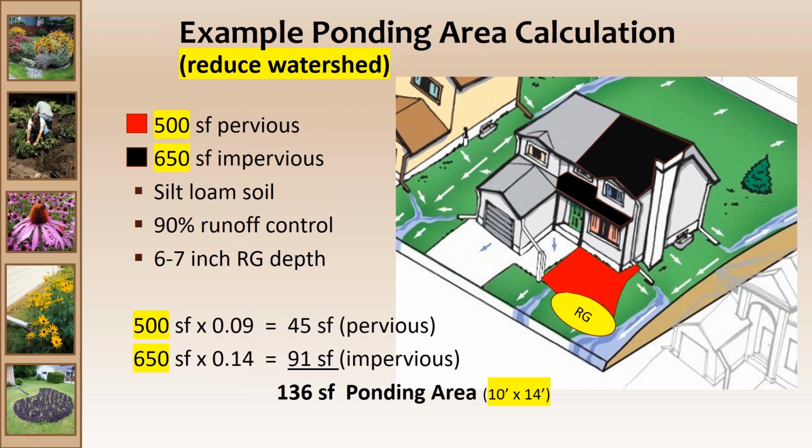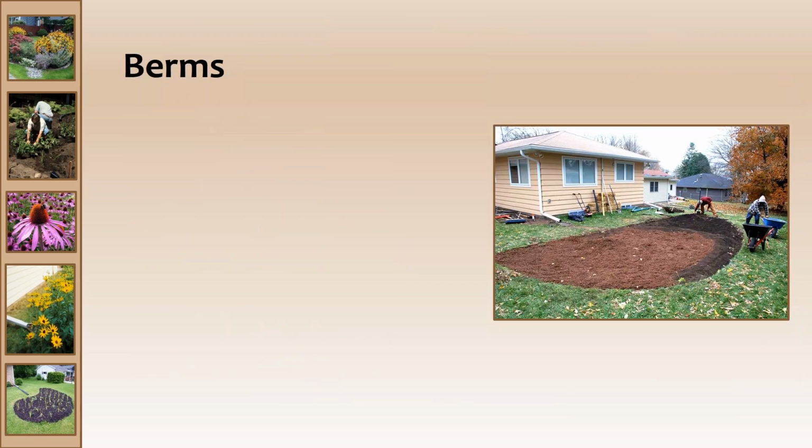Well, you've significantly downsized the rain garden now, went from 11 by 18 to 10 by 14. So that's just an example of how to use the factors in the table to determine the sizing of it. So moving on into the standard itself, walking through the rest of the criteria,